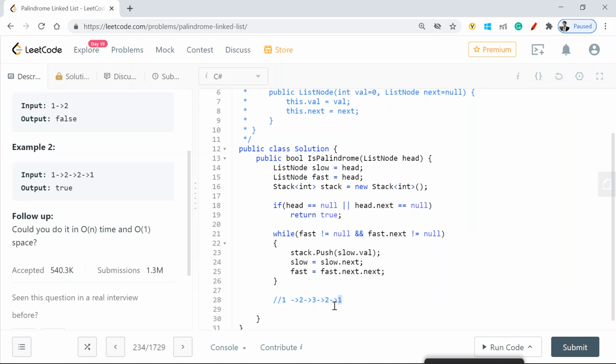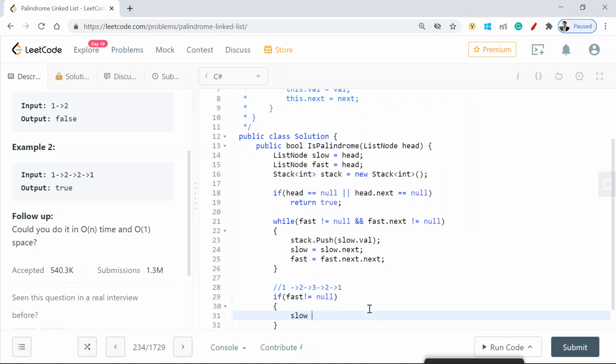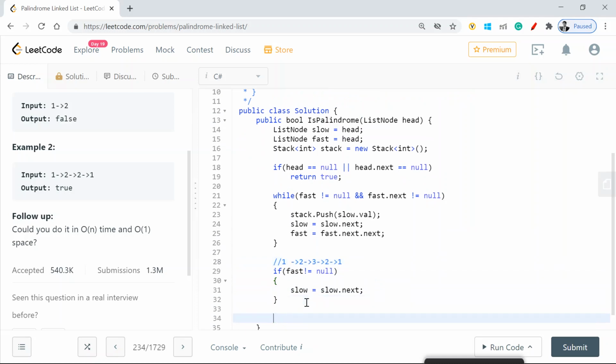Or rather, my slow by that time would have moved to this position, but with an even or odd number of values in the linked list, I have to always be in the center of the linked list to move further. So to ensure that we are not missing out on anything, if my fast is still not equal to null, I'll just move slow once, because I don't need to compare 3 with anything. It is acting as a center pivot.